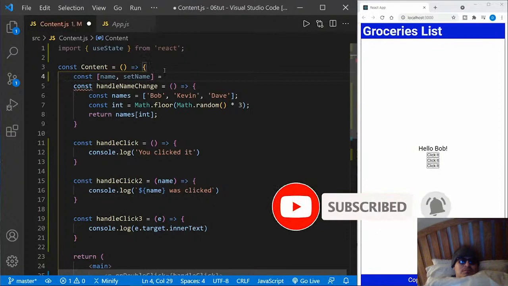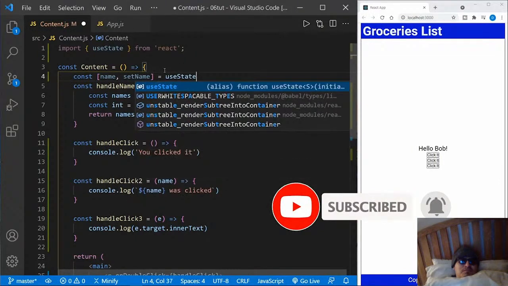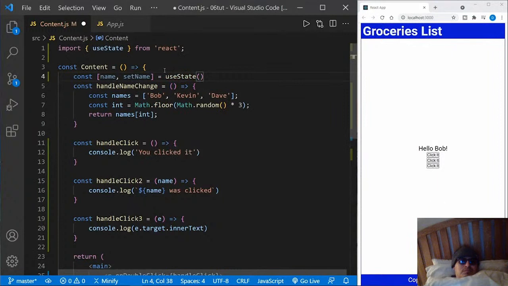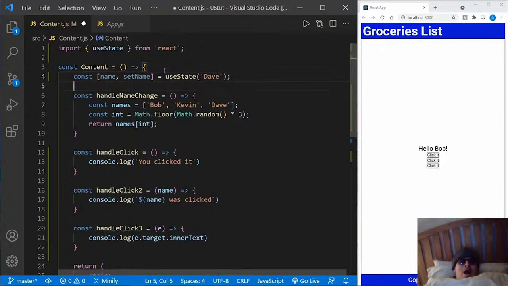So we'll set this equal to useState, and we put in parentheses, and now we can put data in here as default data for when the component loads, and this would be the original state or default state. And I'm just going to put in my name, Dave, to provide a name to begin with for the default